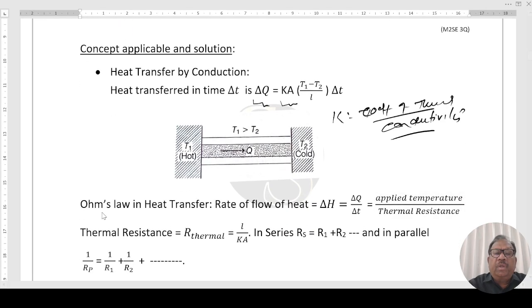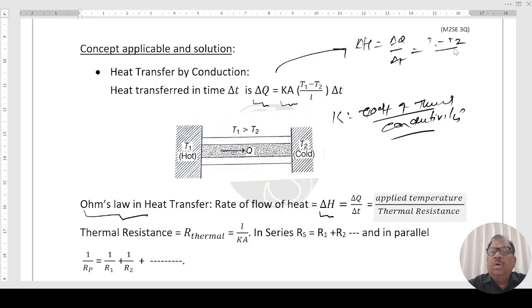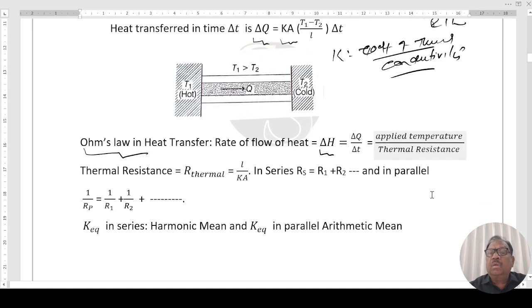Now, Ohm's law in heat transfer. The rate of flow of heat, delta H equals delta Q over delta T, which is equal to the applied temperature difference divided by the thermal resistance. That is, delta H equals delta Q by delta T equals (T1 minus T2) upon L upon K. This L upon K is R thermal. L upon K is the thermal resistance. So thermal resistance equals L upon K. This is Ohm's law in